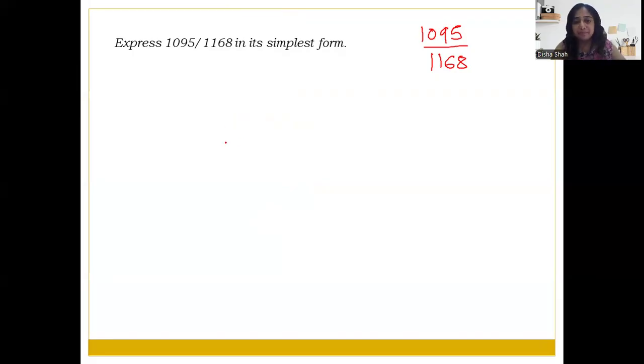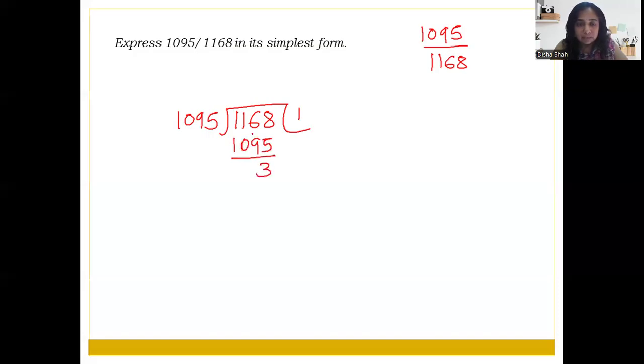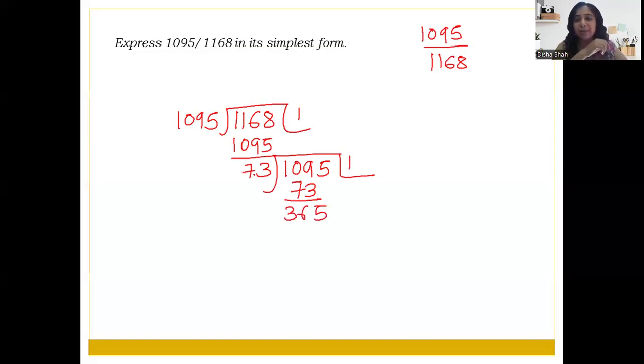कैसे करेंगे? इन दोनों में कॉमन क्या है? तो हम HCF निकाल लेते हैं इसका। Sixteen minus 9, 7, so it is 73. Now 73, which is the remainder, now becomes a divisor. 1095 डिविडेंड हो जाएगा 73 के टेबल में 109, so 1365। वी नो दैट कि 36.5 का डबल 73 होता है, यानी कि 73 इंटू 5 इज 365।